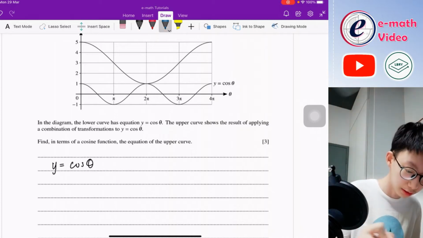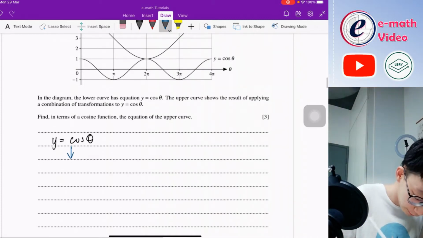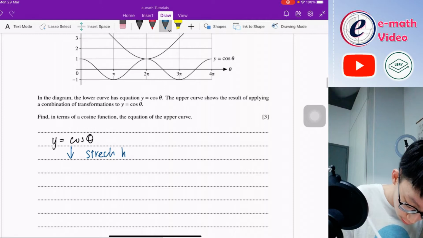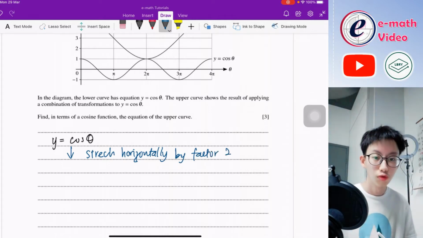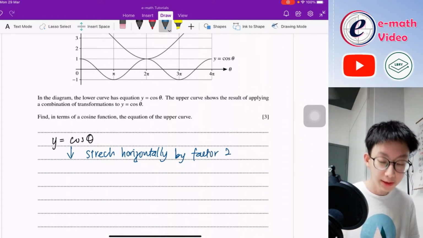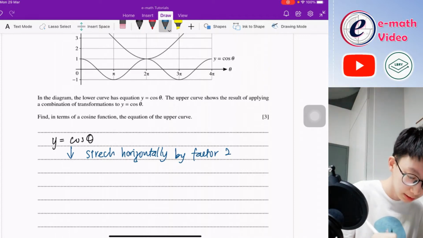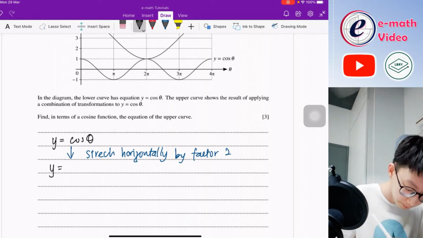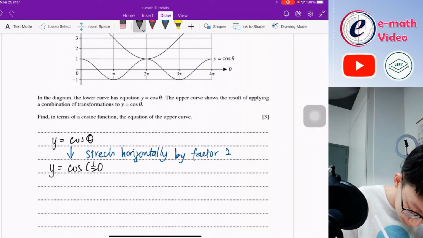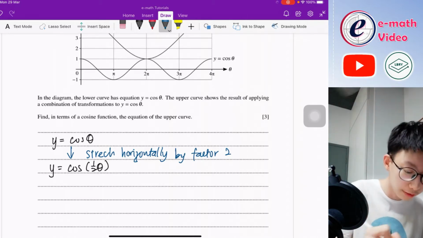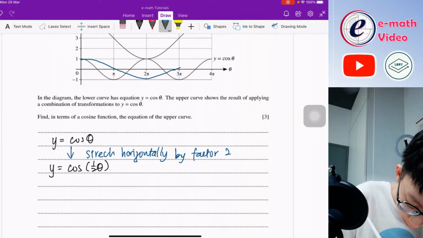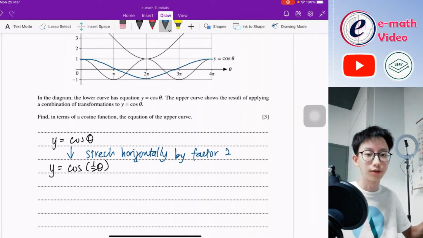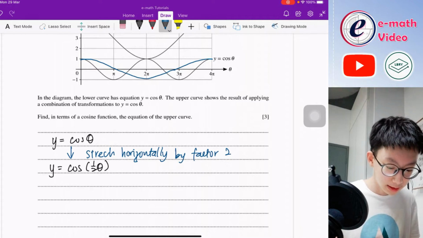Okay, I'll just write using blue pen maybe. So after you stretch horizontally by factor 2, horizontal stretching means it is y equals cos half theta. So now the graph will look like something like this. Okay, you stretch the graph. Then next,